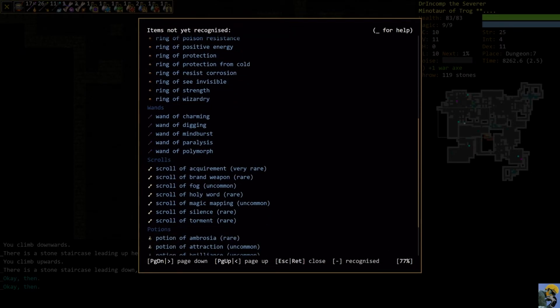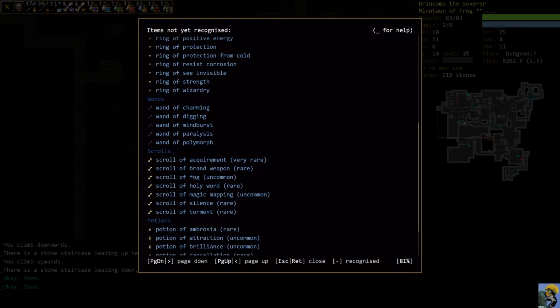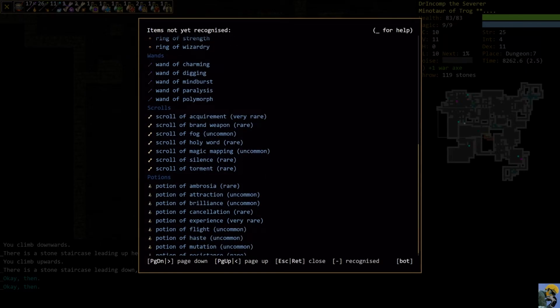I can look at what scrolls I don't know. So the scrolls I don't know are acquirement, brand weapon, which are very good. You can see the rarity of them. Fog, okay, holy word, magic mapping, silence, and torment. The only really bad one there is torment. And the other ones,